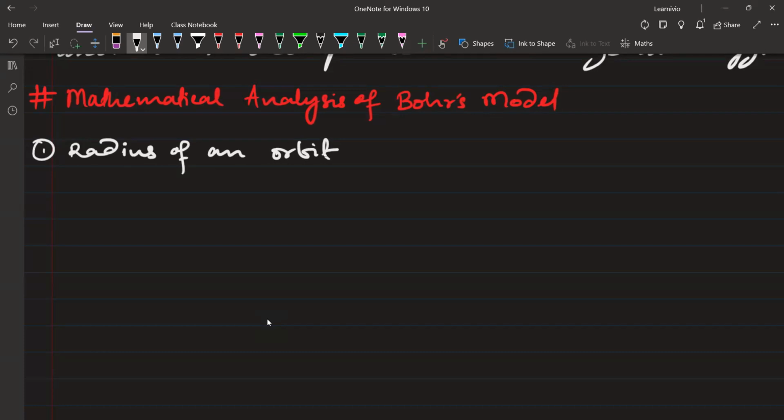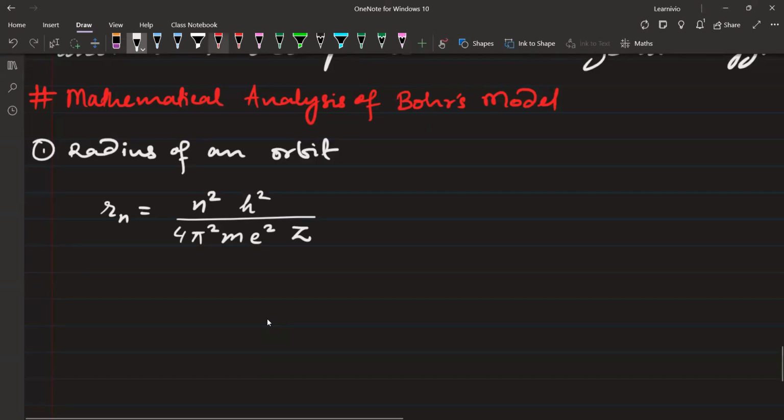यहाँ पे देखिए, radius of, let's suppose first orbit, second orbit, third orbit, it is equal to n square, n is the orbit number, first orbit second orbit जो भी है, into h square, that is Planck's constant, divided by 4 pi square m into e square into z, ठीक है। या फिर इतना जो था ना, this much formula, it was for hydrogen, but z लिख लीजिए, this will be applicable for each and every element, ठीक है।